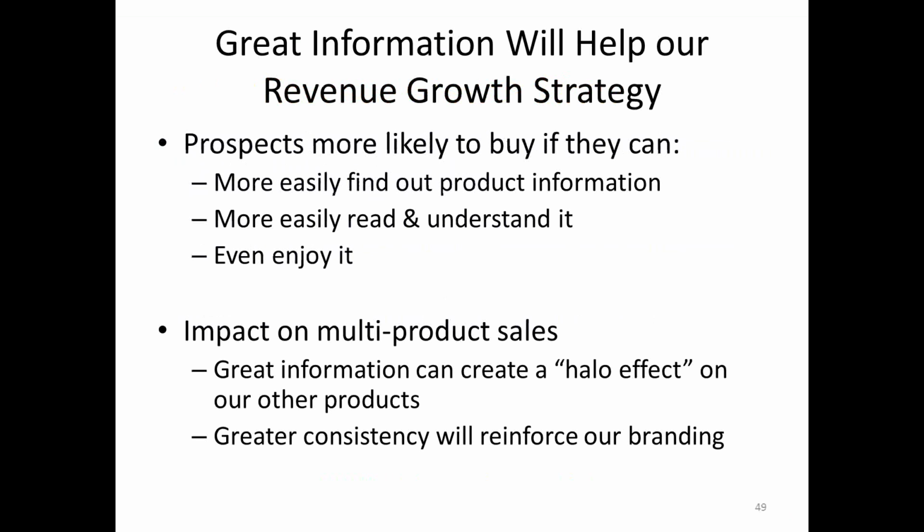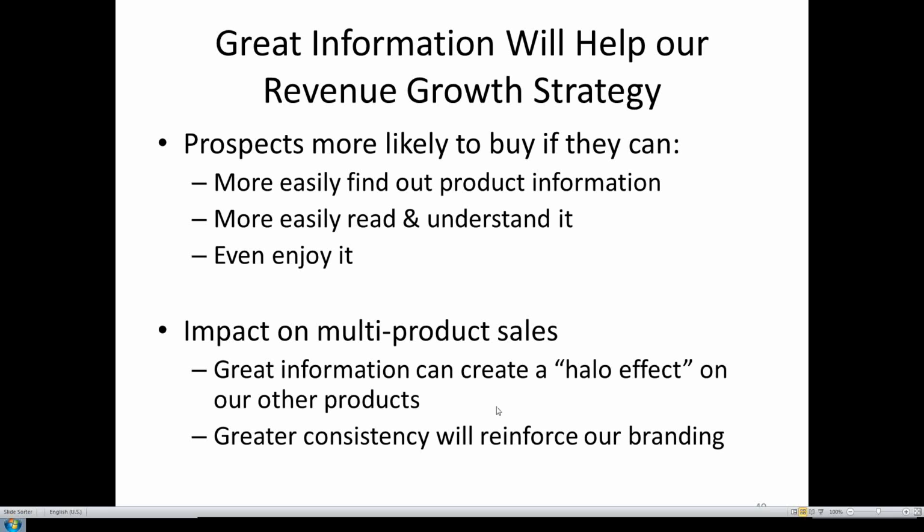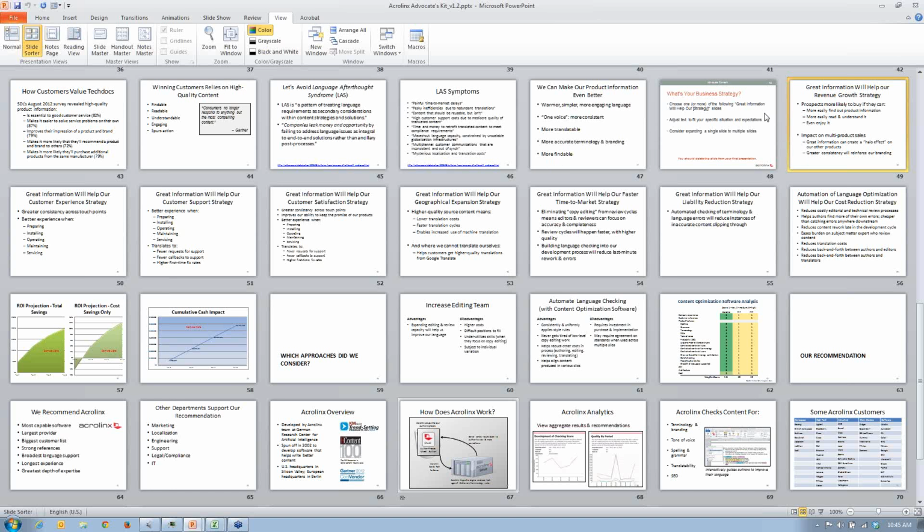The slide says: with better quality content, we will help our revenue growth strategy because customers are more likely to buy if they can more easily find our product information. And I'm sorry, but I just have to fix this while we're here. Because they can more,